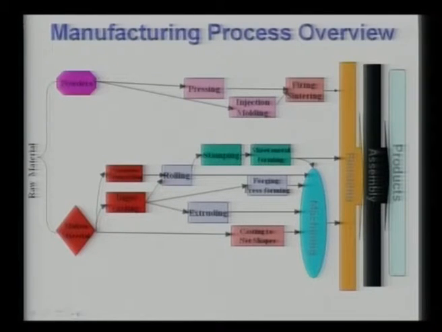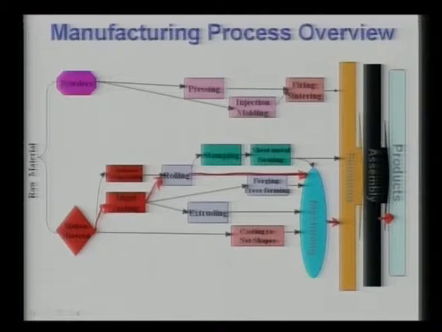First let us go through the metals, how it is done. You start with the molten metal, then this molten metal can be cast into an ingot of a particular shape, and subsequently this ingot can be rolled to make a plate, and this plate can be directly used, like the plates used in different biomedical applications. It can be machined as required, and finally finished and sent on as biomaterial products.